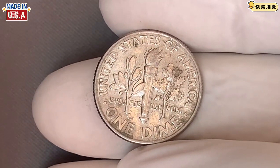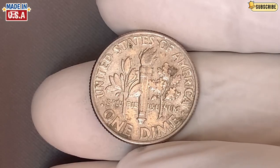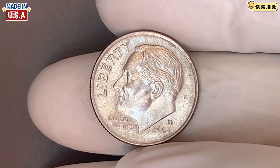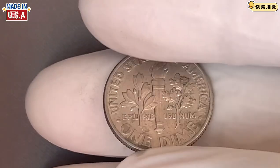This year's coin is part of a long-standing series that has become a favorite among collectors, especially since this dime was minted with 90% silver content before the U.S. Mint switched to a copper-nickel composition in 1965. Although the 2003 dimes are made from copper-nickel, what makes this coin especially appealing is its potential to be a